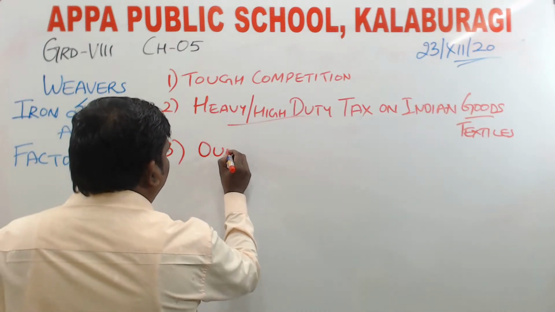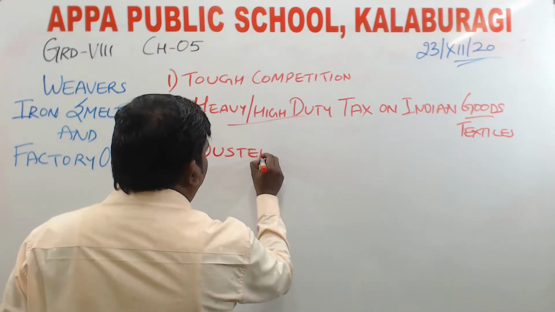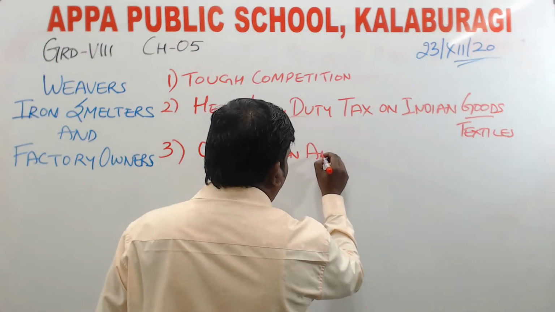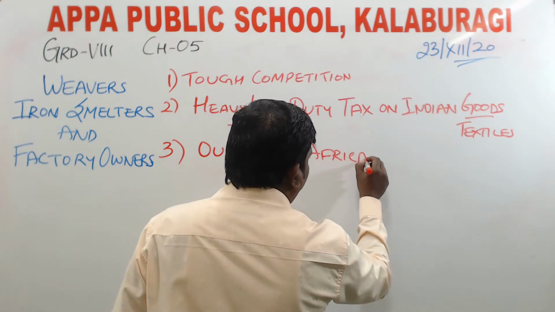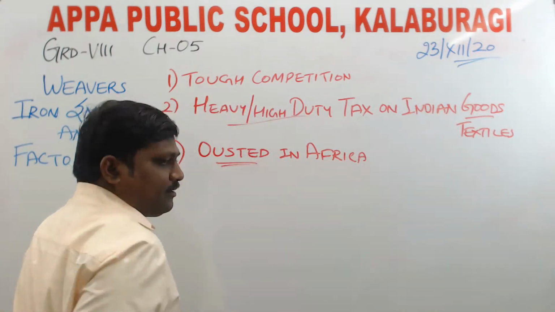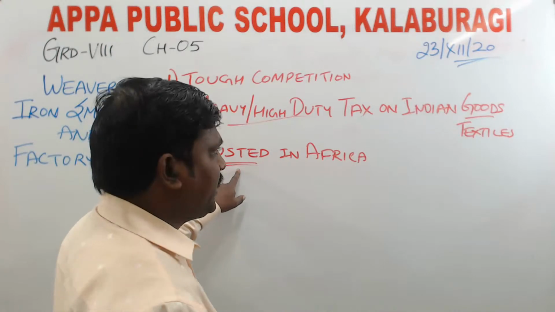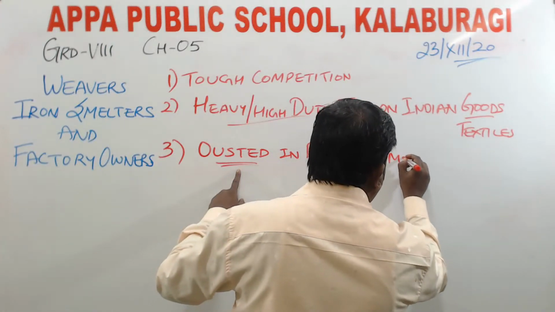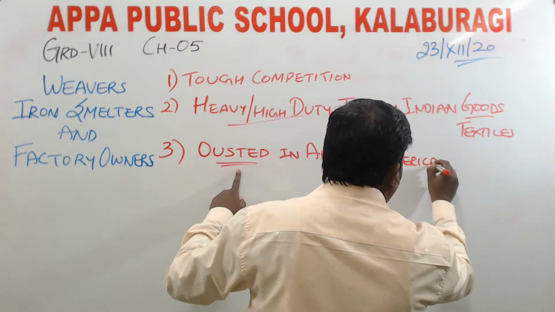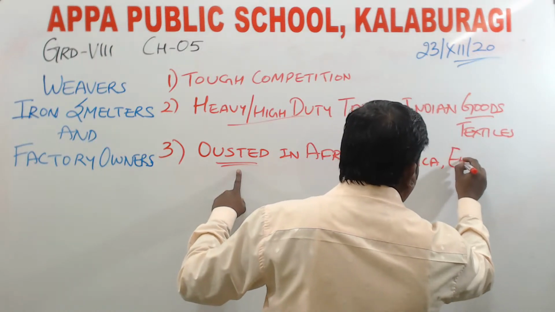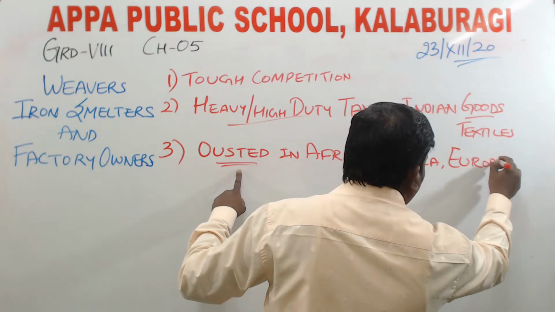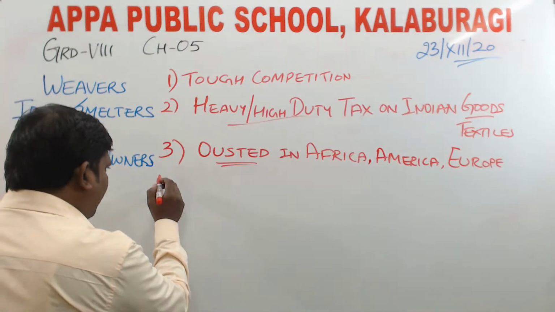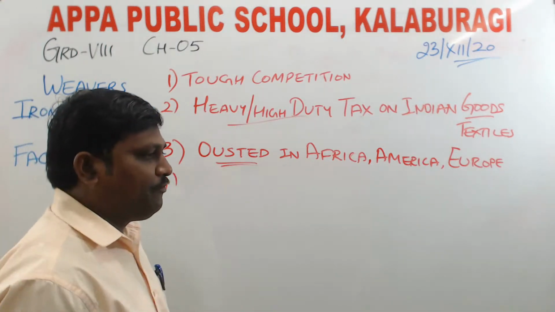Ousted means removed, or thrown out. Indian cotton textiles were ousted in Africa, America, as well as Europe. So then the next one, we have the